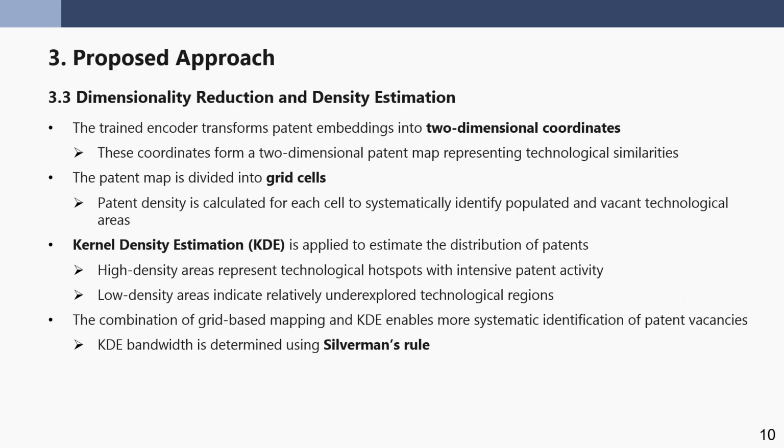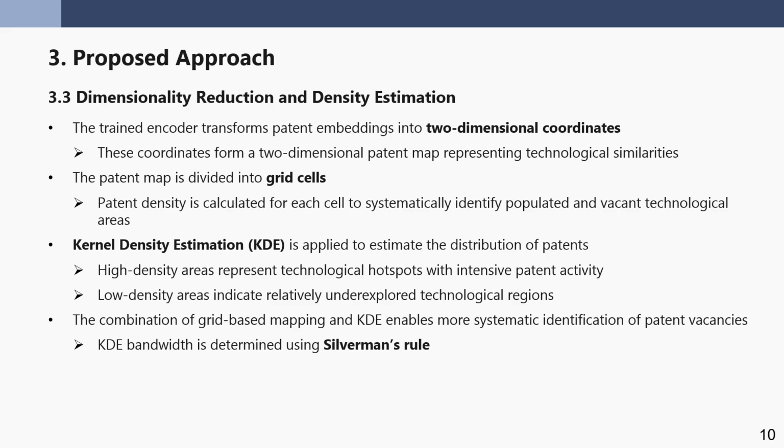Here is the dimensionality reduction and density estimation process. The trained encoder first transforms the patent embeddings into two-dimensional coordinates. These coordinates form the patent map, where patents with similar technological content are positioned closer together. The patent map is then divided into grid cells, and patent density is calculated for each cell to distinguish populated